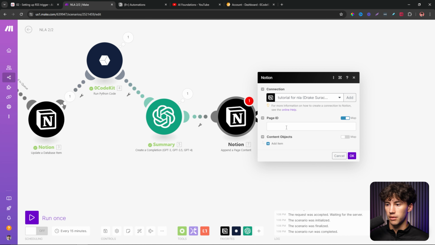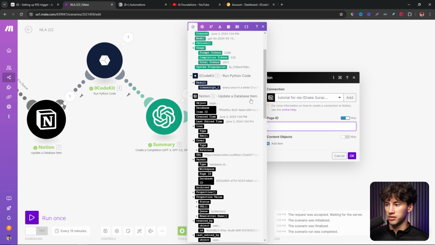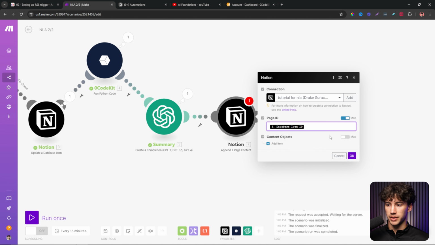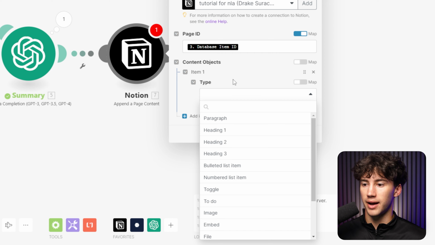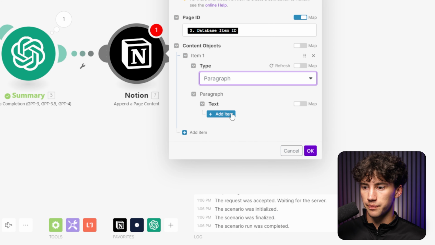So we can do that by clicking into page ID and going down to our update a database item Notion module and just grabbing the database item ID here. And this will allow us to edit that item ID that was created in our newsletter database. So now I can hit add item under content objects. I can select type, paragraph, and then what I can do is after paragraph,